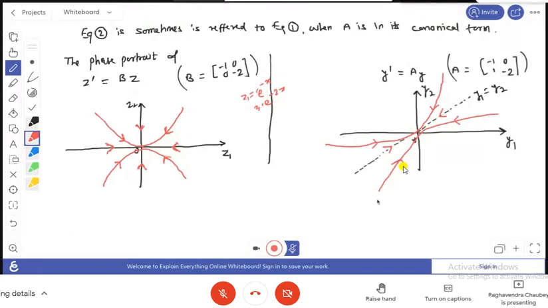ठीक है, तो यहाँ पे हम सिर्फ आपको ये बताना चाह रहे हैं कि आपकी जो सिस्टम ऑफ लीनियर डिफरेंशियल इक्वेशन है, यदि वो कैनोनिकल फॉर्म में है तो आपको इस तरह की उसकी फेस पोर्ट्रेट मिलेगी, और जब वो नॉन कैनोनिकल फॉर्म में है तो आपको यही पैटर्न मिलेगा, थोड़ा सा डिस्टॉर्टेड। एग्जैक्टली पैटर्न तो सेम है, बट इसकी ओरिएंटेशन थोड़ी सी अलग है, और ये इस पे डिपेंड करेगी कि आपका कैनोनिकल फॉर्म क्या है।